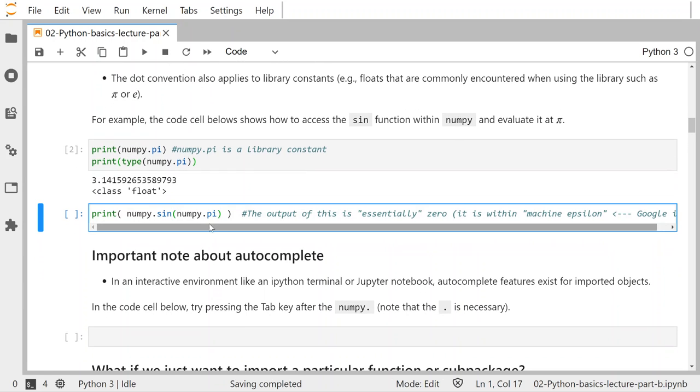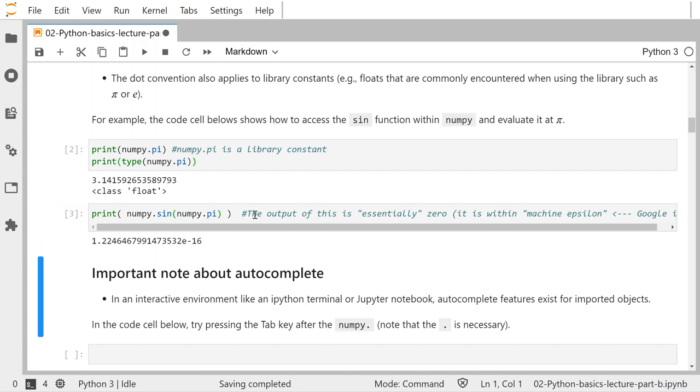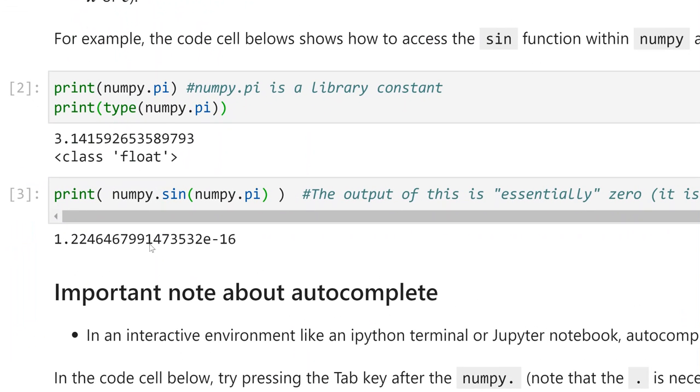And then we can compute sine of pi by using the sine function within numpy. That's a math function that we have access to within numpy, and we can pass it the pi constant. So this should be about 0 because sine of pi is 0. But now you see it's not exactly 0. This again